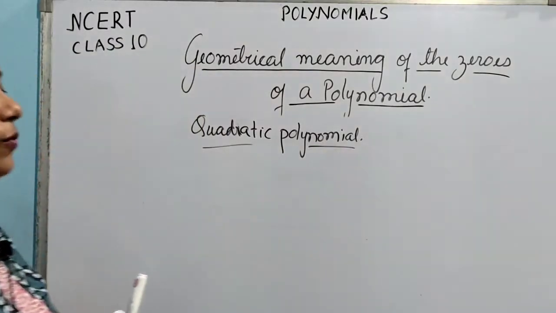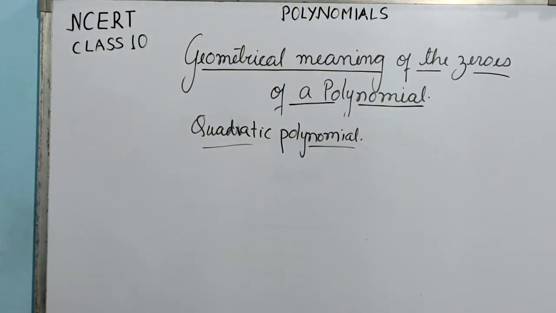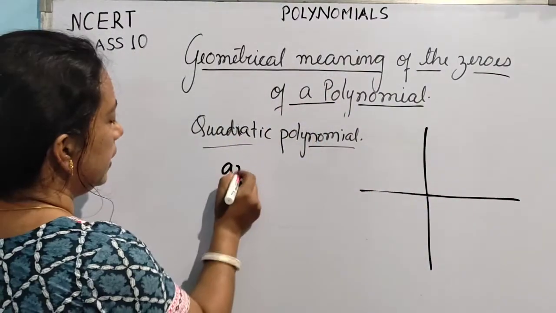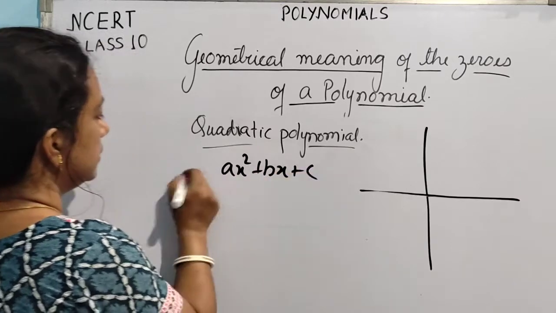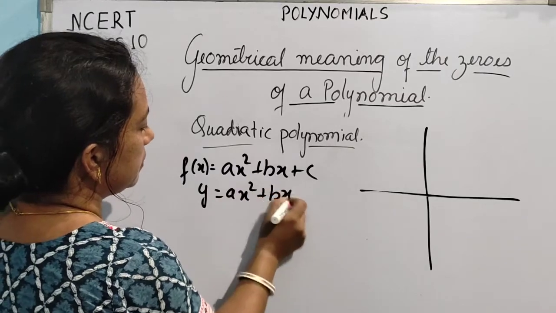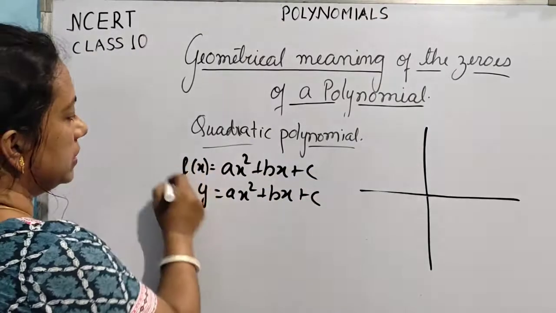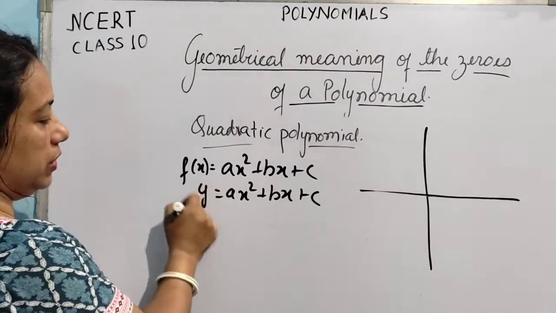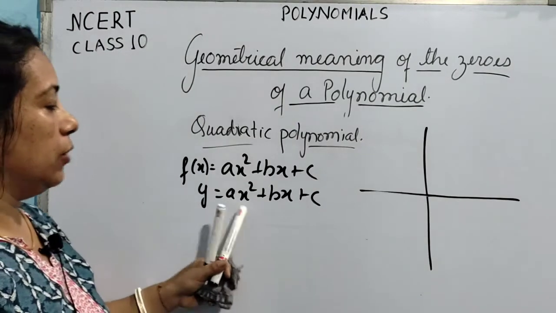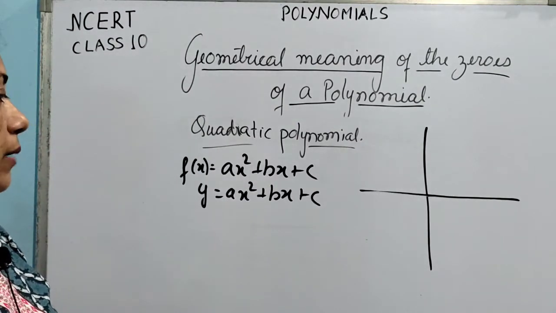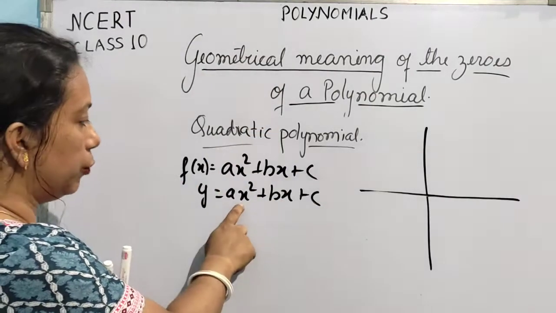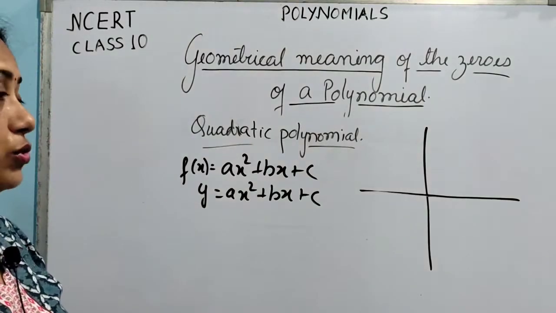In earlier classes we have not plotted the graph for a quadratic polynomial. So always remember that in the case of a quadratic polynomial, ax square plus bx plus c, suppose this is our f of x, and we generally say that y is equal to ax square plus bx plus c. When we want to plot it on the graph, we consider this to be y, which will give you the y coordinates, for whatever values of x you take. In order to plot the graph for a quadratic polynomial, we make the table and, putting different values of x, you will get different values of y.